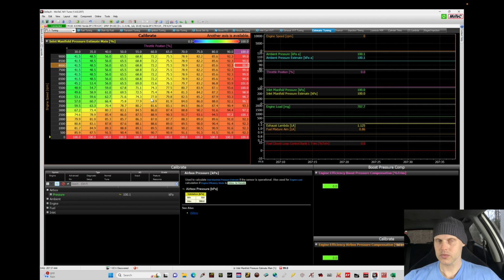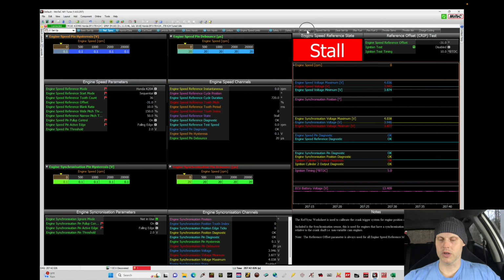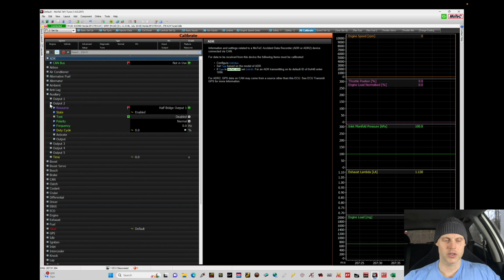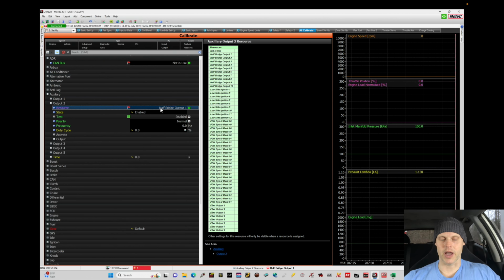What we're gonna do is go to setup, and we're gonna move across to calibrate. I'm gonna move down into the aux output, which is assigned for my VTEC control, which is my aux 2 on my particular harness. Let's go to output 2. We can see we've assigned it to a half bridge output. The half bridge output sends 12 volts out to turn on the VTEC control solenoid. The solenoid itself is grounded to the block or the cylinder head, and we're sending the 12 volts out in order to complete the solenoid activation